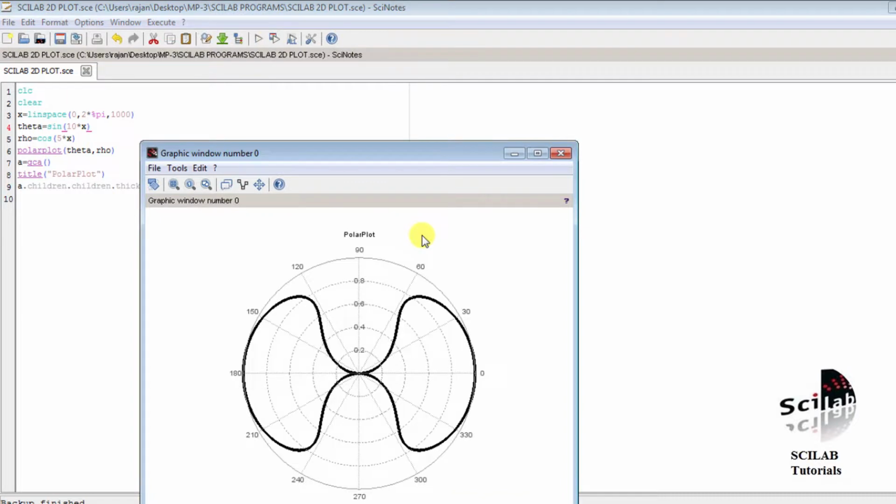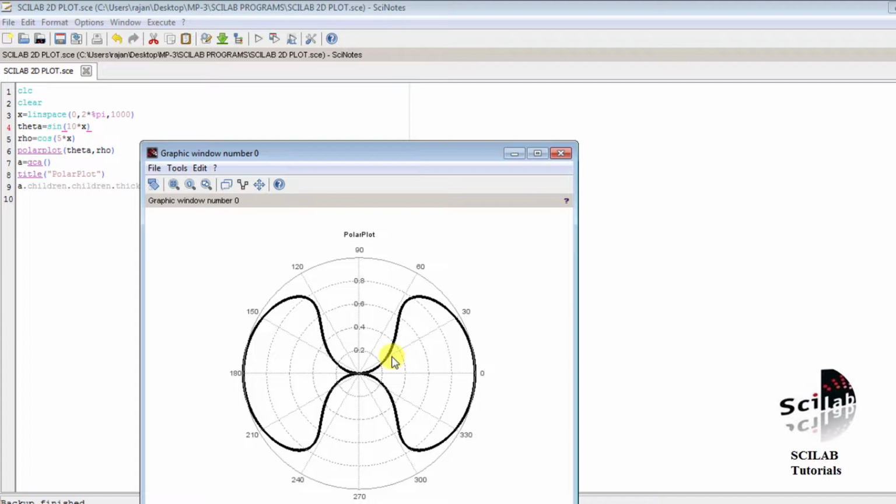Depending upon the values of theta and radius, the polar plot will be different, and in order to plot the polar plot we use the command polarplot in Scilab. This is a very simple code, approximately only 7 to 8 lines.